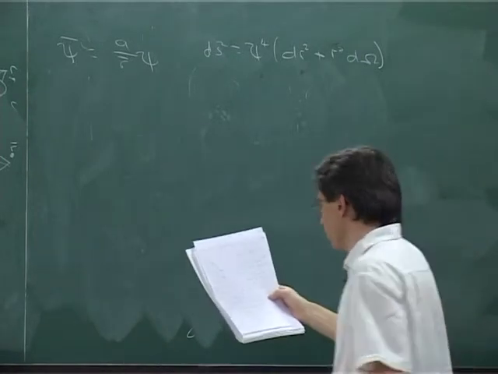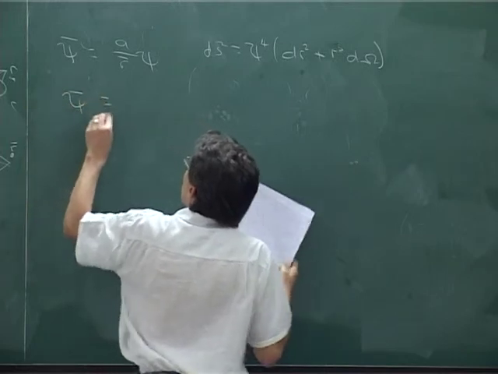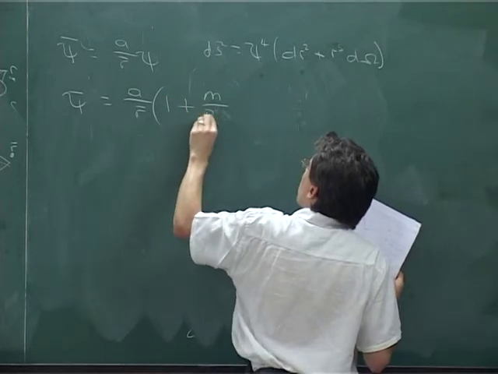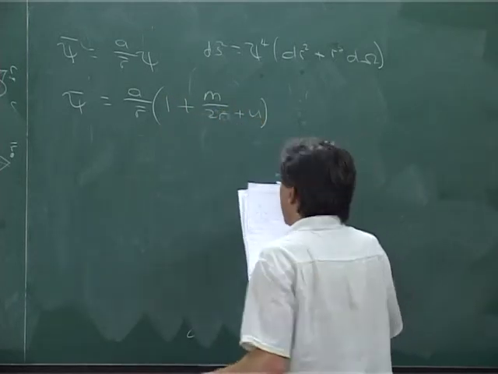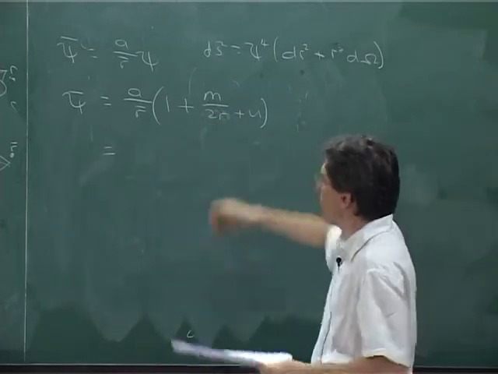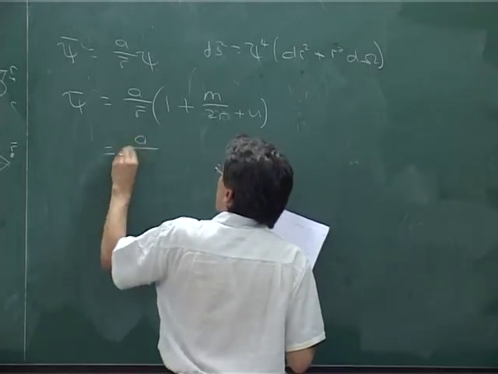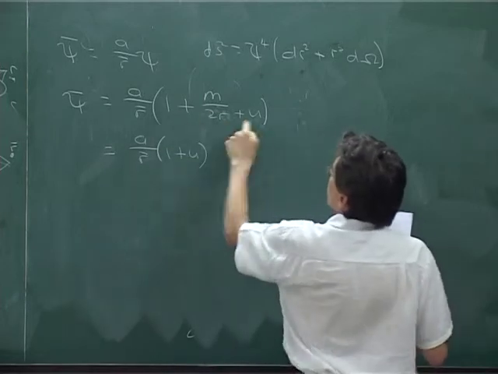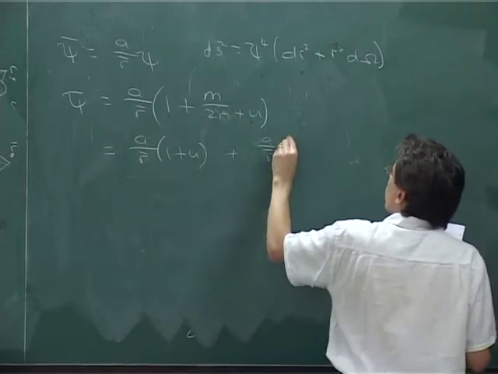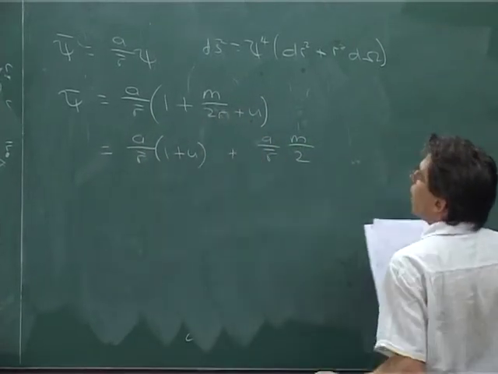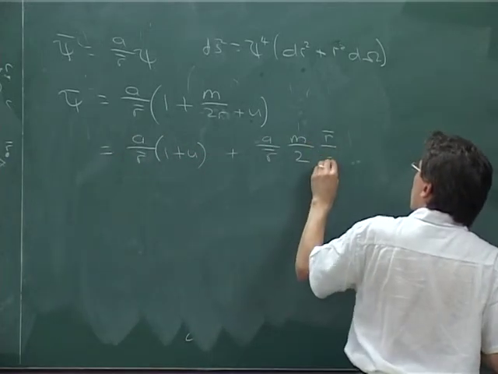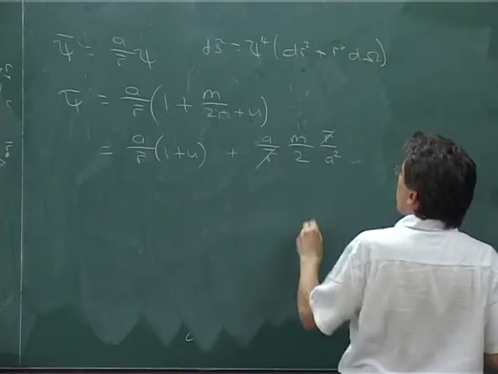We now make the transformation on psi. We see that psi bar is going to be A over R bar, original psi. Now we include the transformation of R here to R bar. We will get A over R bar U, which is just these two pieces, plus A over R bar M over 2, which is that bit, and then R is A squared over R bar. So that cancels out, that cancels,